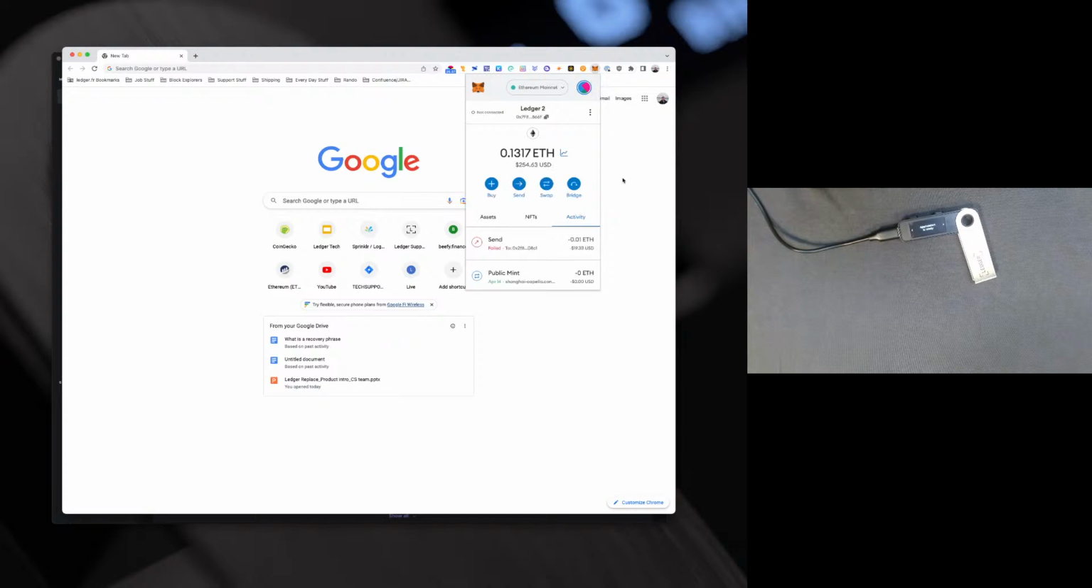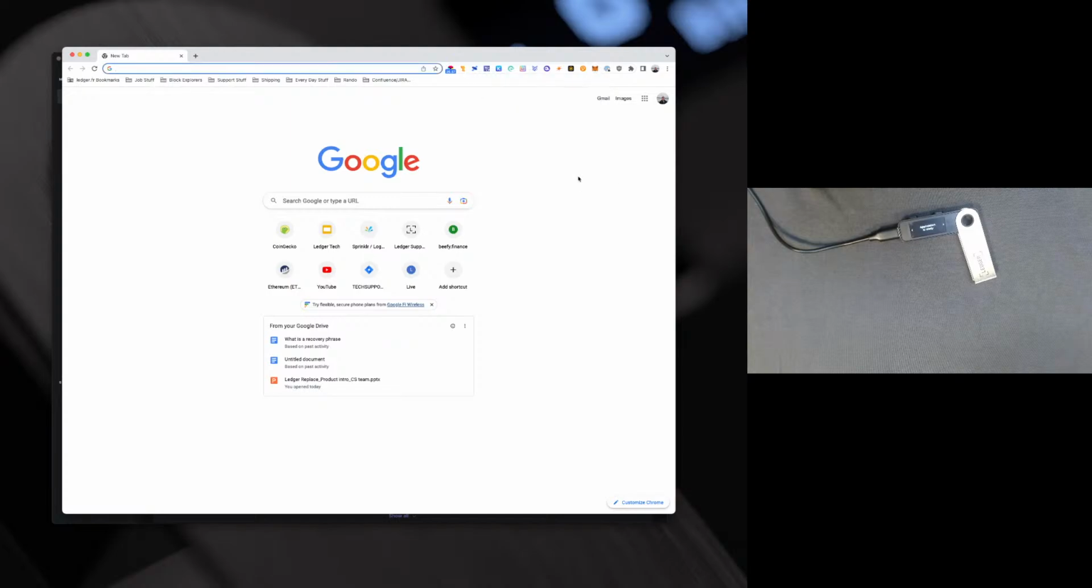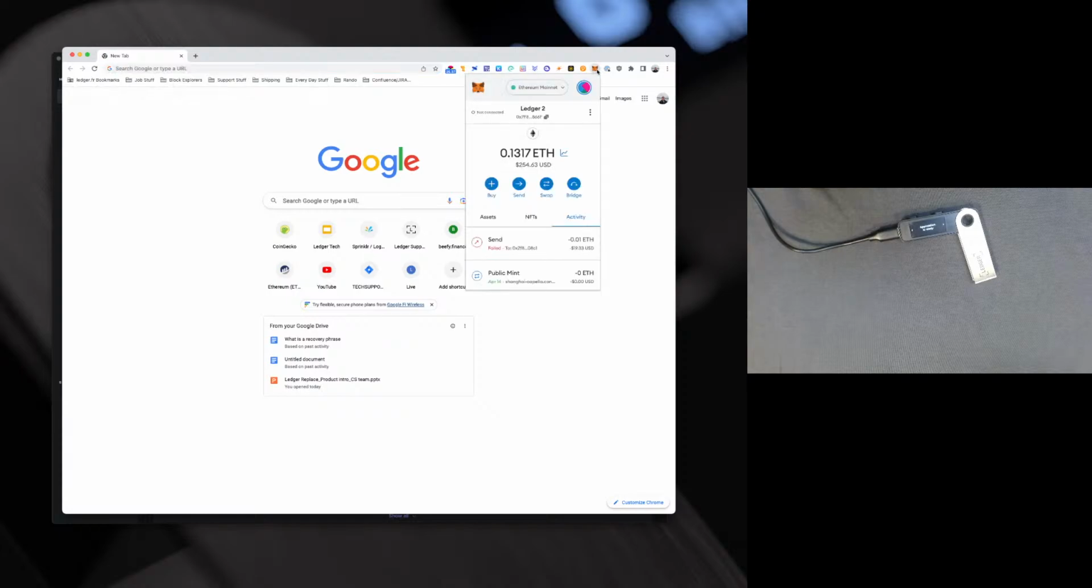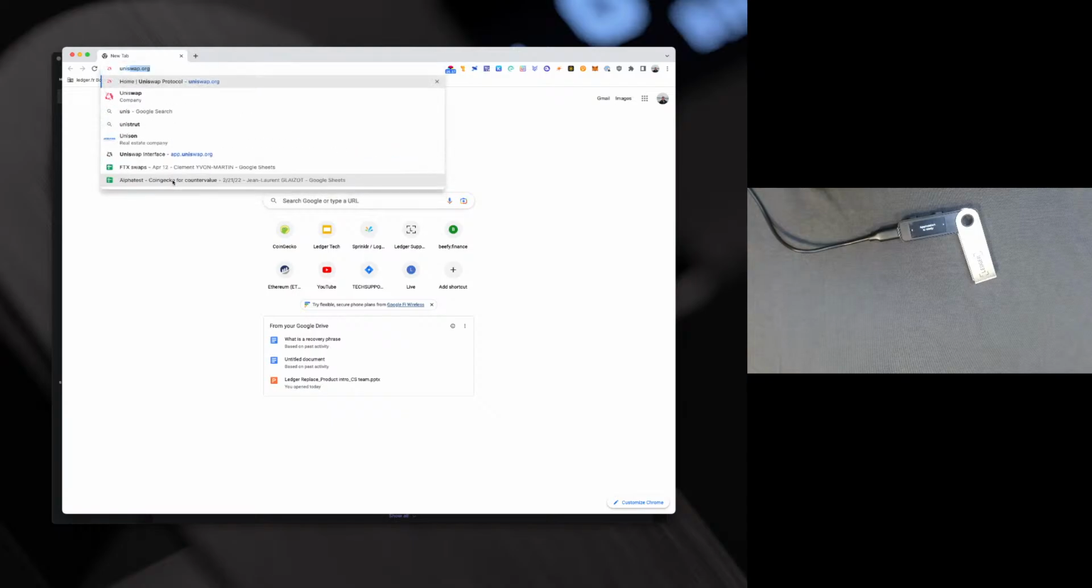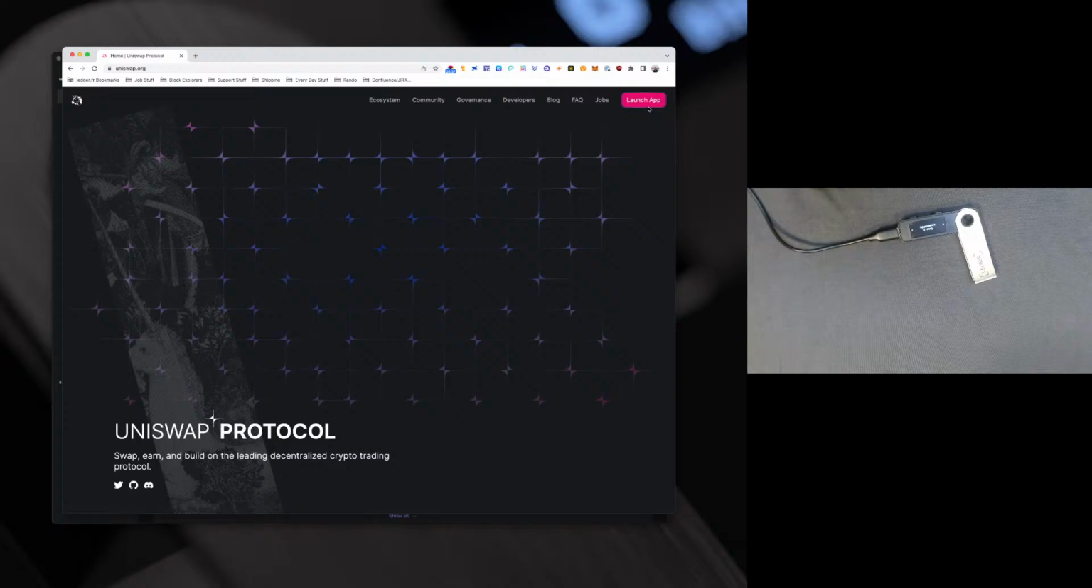If you don't already have MetaMask installed, you'd want to install MetaMask. There are other wallets you can use as well, but currently I have MetaMask already set up, so it'll be the easiest way to show you. Let me know if you need help connecting your Ledger to MetaMask. I did just go through the steps, but it was pretty quick, so let me know if you want me to show you that again. But once you get your Ledger connected to MetaMask, you can go to uniswap.org. You can launch the app,